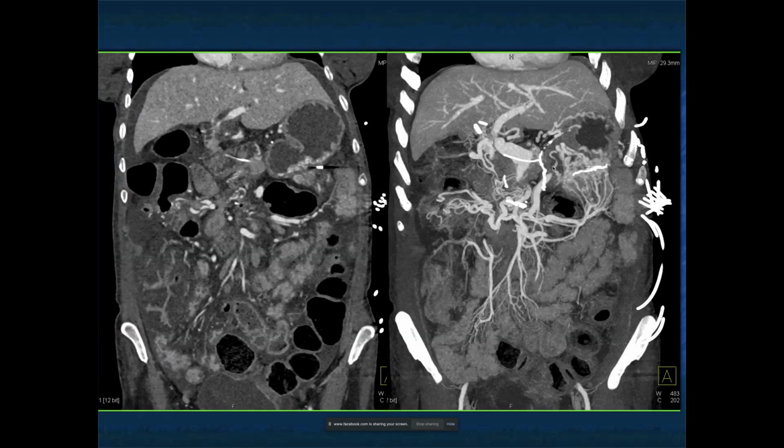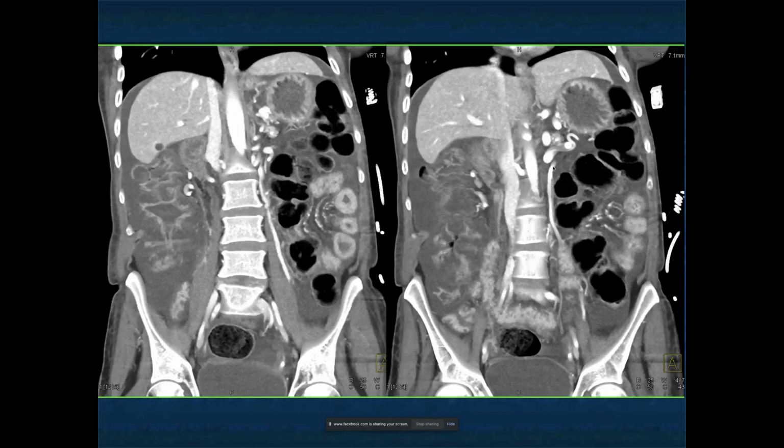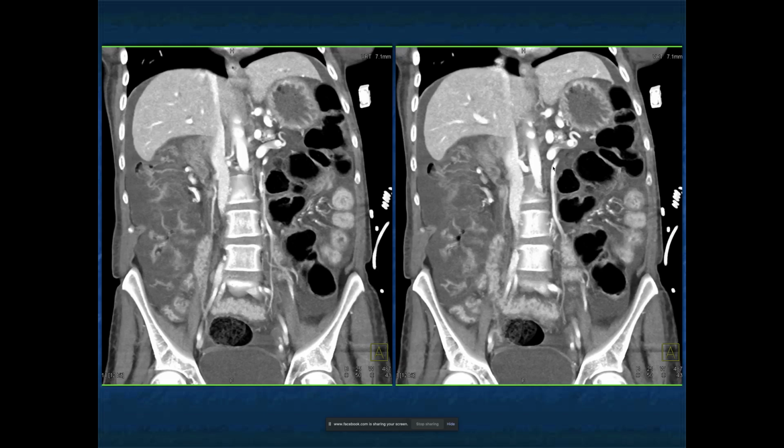You also talk about the possibility of an infectious colitis beyond pseudomembranous colitis. We also think about ischemia just in general, anyone who's had surgery, but the vessels are all good. There's some collaterals because of the patient's primary tumor. Folds are thickened and enhancing. Again, I probably would have gone with pseudomembranous colitis here, but it's very important to remember,